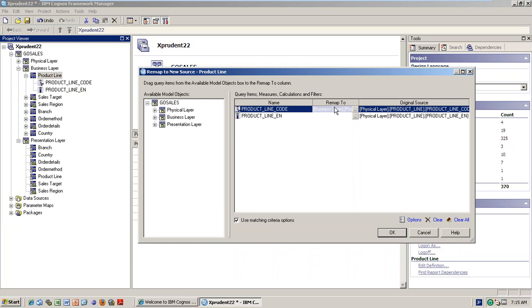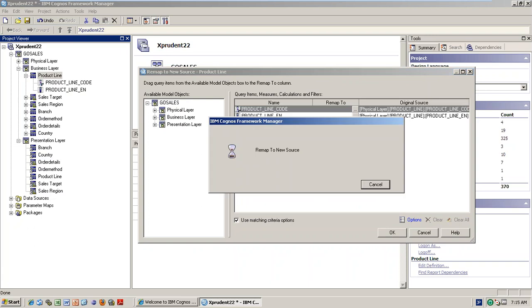So normally if you want to remap, you can write a case statement in the Report Studio. Don't do any remapping of columns normally. Okay. So it's just to clear all. Remapping means you are pointing one column to another column.